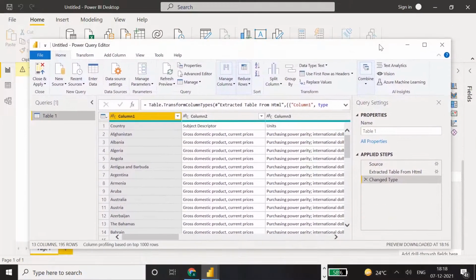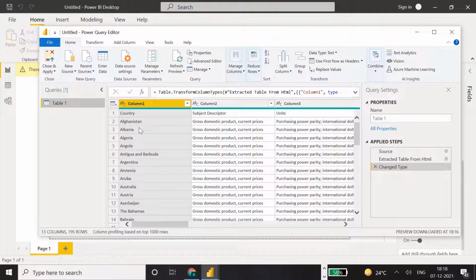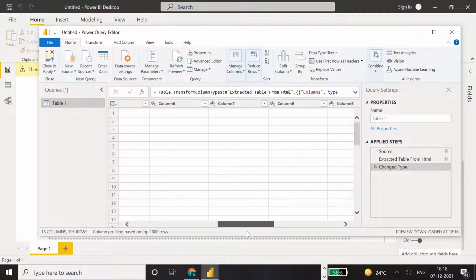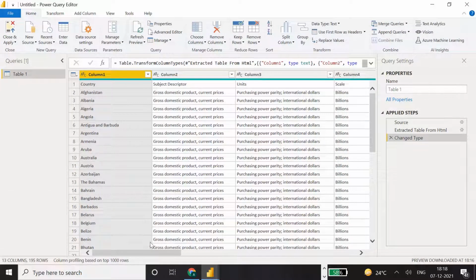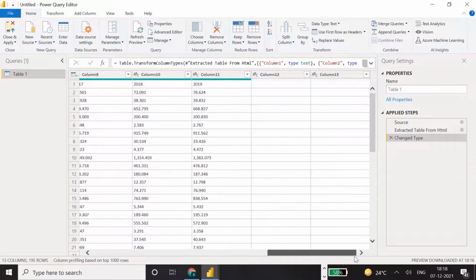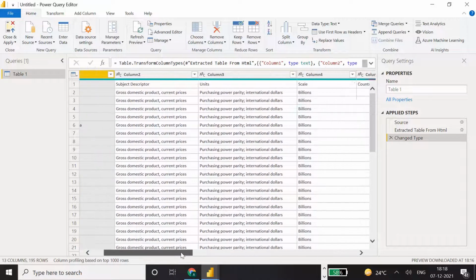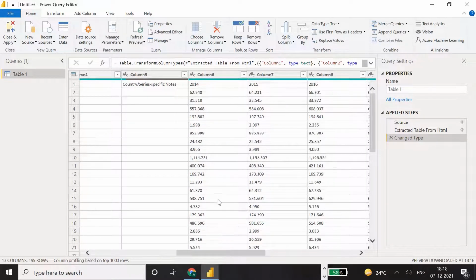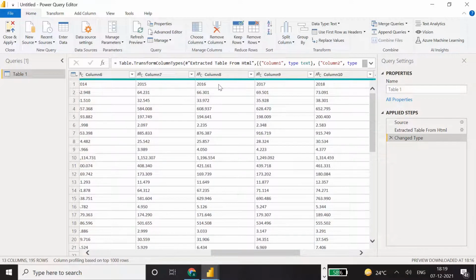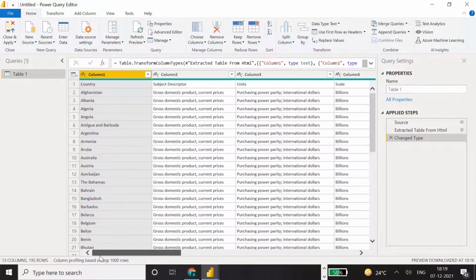A new screen shows which has different structures of columns and charts. Now there are different options. This is how the data can be loaded, and here we can see the database columns which are available: countries, then descriptions, and then the years. You can see years are row-wise, and its data is here, and there are so many things available. That's how we are loading the data, or connecting to the data source and then loading the data to Power BI Desktop.